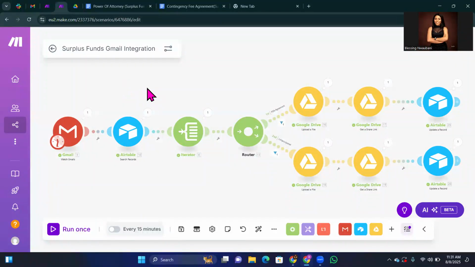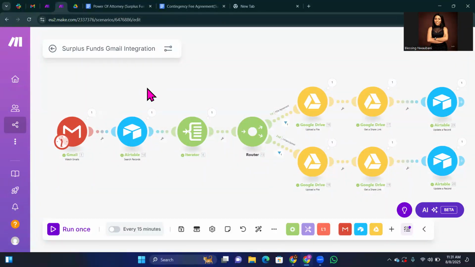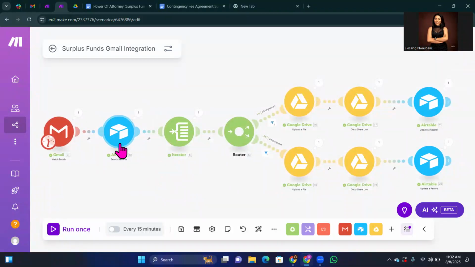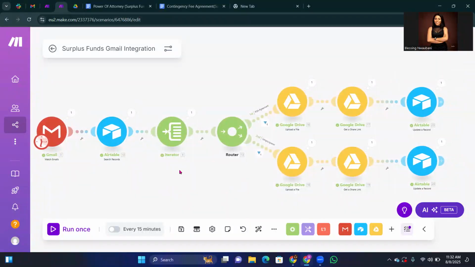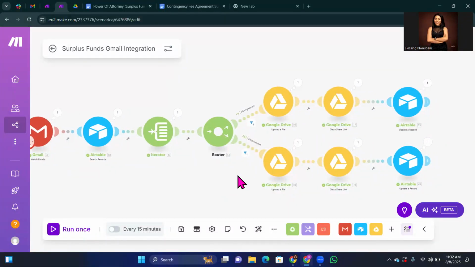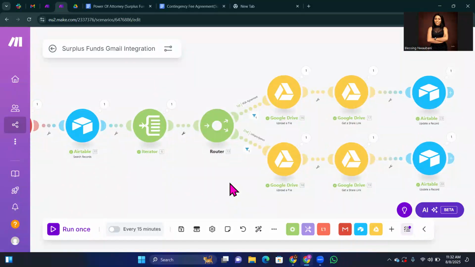So this is the last automation I created for this project. I use the Gmail watch record modules. Since this is a demo project, we're going to assume the client has signed the document and sent it back to us in our Gmail. For the second module, I use the Airtable search record module to help us search our record from Airtable. And then I went ahead to use the iterator to look through the attachments from the email, as we can see here. And then I used the router to separate our